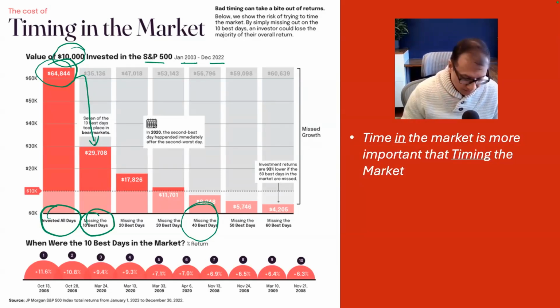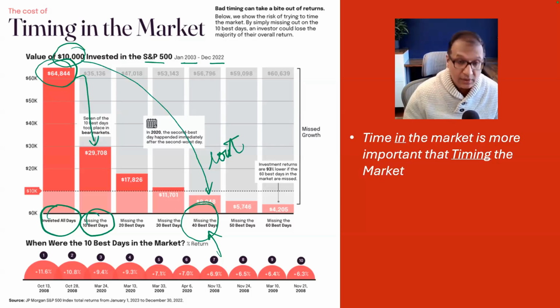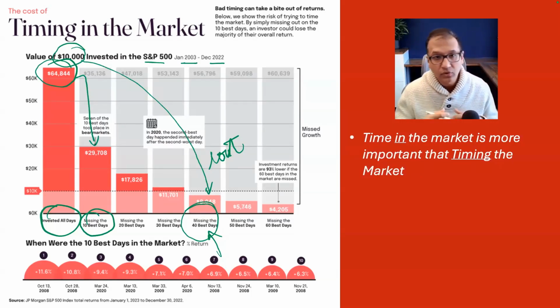I don't know about you, but that's basically like saying I am going to be accurate well over 99% of the time in timing my market. So if somebody were to miss just 40 best days, their $10,000 would have actually now lost money. Again, they had to be accurate over 99% of the time. So what's the lesson here? Stay invested. Keep looking for opportunities. Don't put all your money in one shot, like the principles that I keep going through.